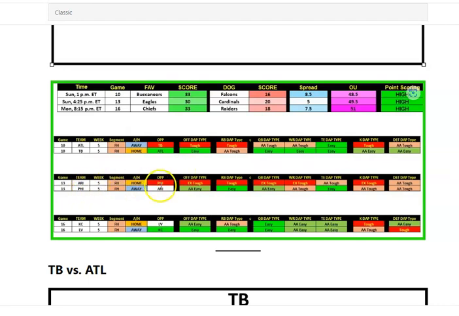Arizona, Philadelphia. Arizona is running into a tough Philadelphia. Look at that, the opponent OPP there, that's red. That's danger, and all the way across is tough. The only less tough is Zach Ertz, who might be worth a tricky play, but everybody else seems to be rough and tough.